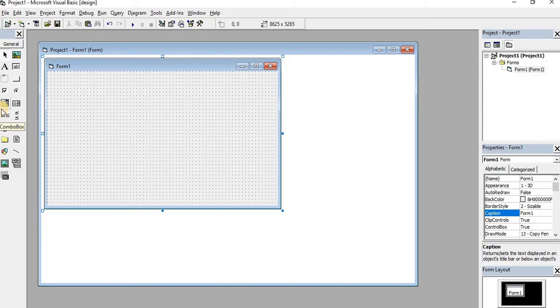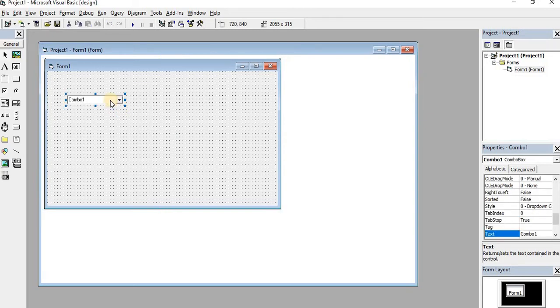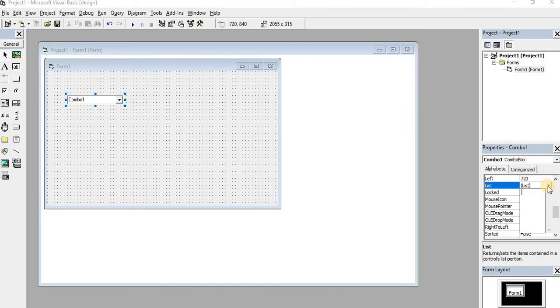Now here this is our combo box. Last time we discussed the list box and today this is the combo box. I'm just dragging it onto the form. Here we can add elements to this combo box by selecting the list property, just the same as with list box. Here also there is a list property. Here I'm writing the streams, like science, then next I'm typing commerce.